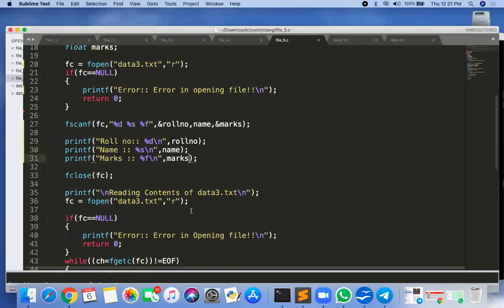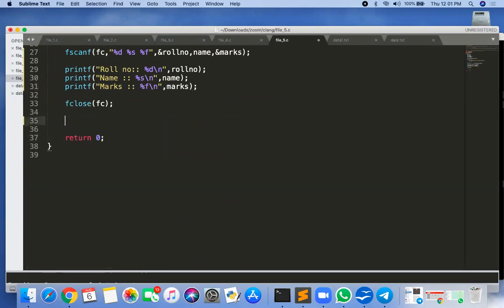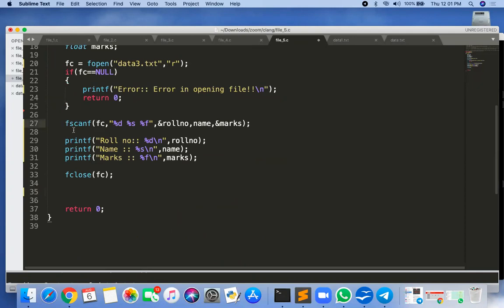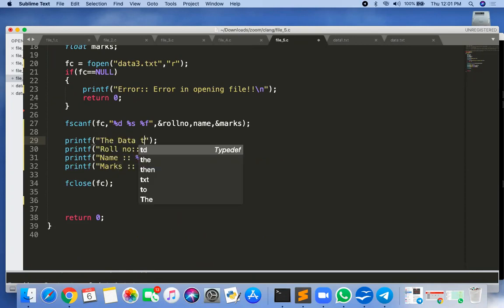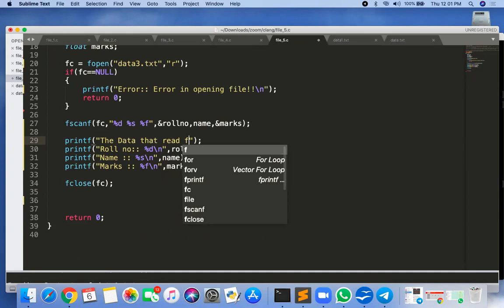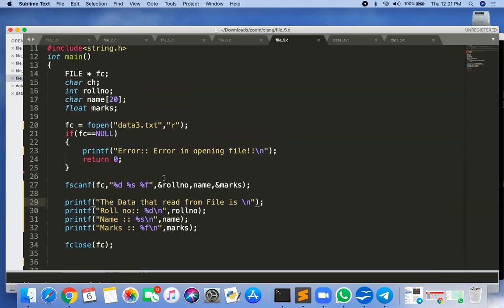Okay, and I don't want the content here. So this content I am removing. So you can put here one printf statement, the data that is read from the file is selection. Yes, are you getting?